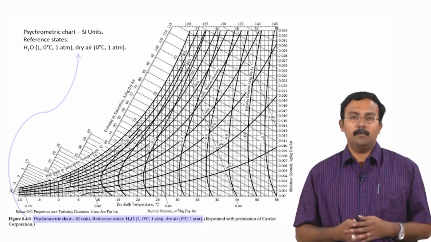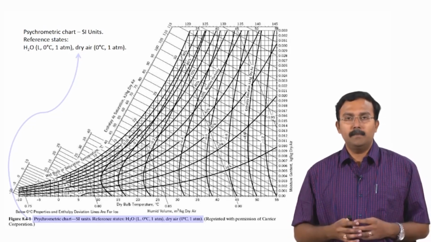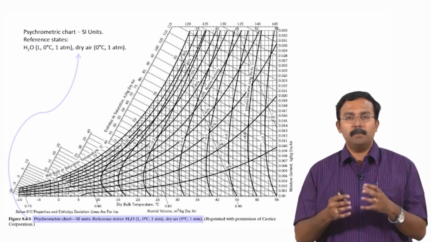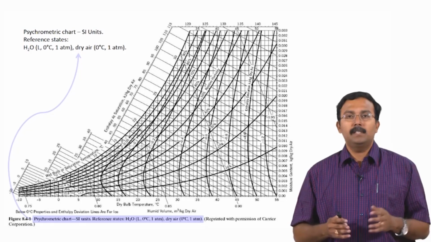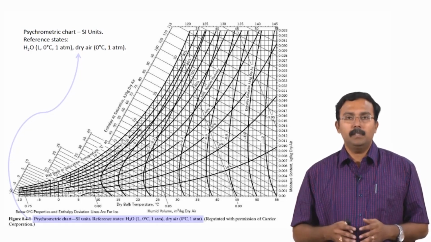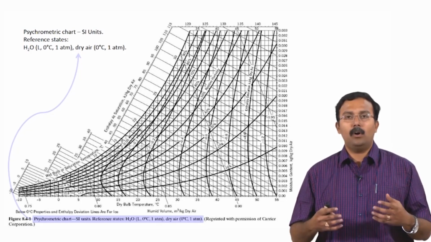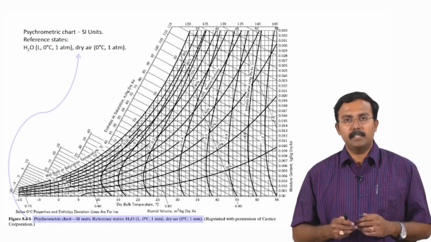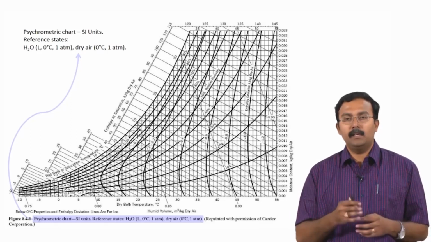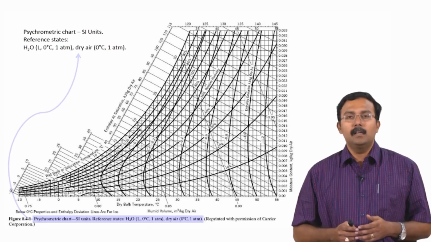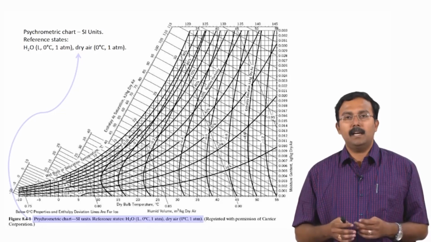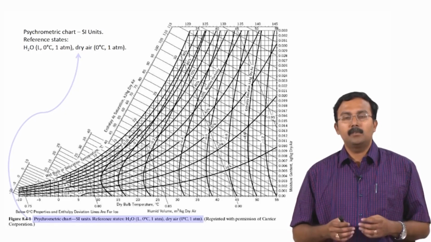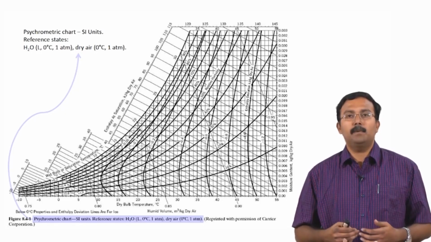So, this is a psychrometric chart. Although it looks intimidating, it is because it is completely cross plotted. We have usually seen graphs which have only two axes. However, here there are multiple axes which are all translated into a two dimensional sheet. That is why there are so many different lines which you see. It is important for you to try and understand how this chart can actually be read, so that we can actually get information about individual